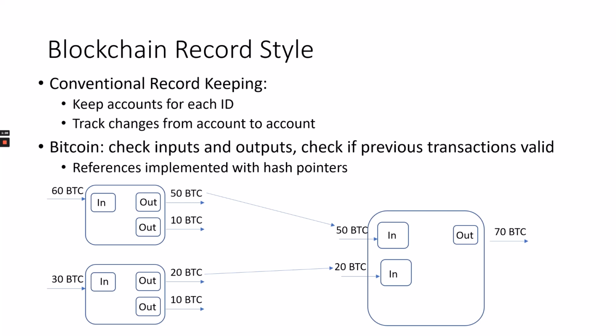So, for example, in the figure that you see here, you have 60 bitcoins coming into the transaction. There are three transactions that you can see here. So this is one, this is another, and this is the other one. Here you see 60 bitcoins coming in, and this transaction creates two outputs, 50 bitcoins and 10 bitcoins. In the transaction at the bottom, you see 30 bitcoins coming in, creating two outputs, 20 bitcoins and 10 bitcoins. Now, what this transaction is basically doing is taking in some bitcoins and distributing them in a different